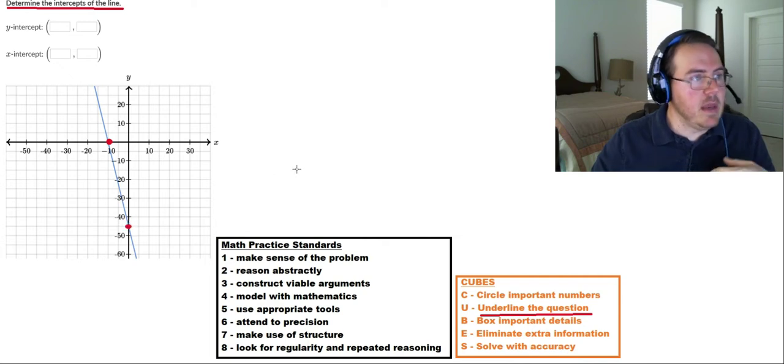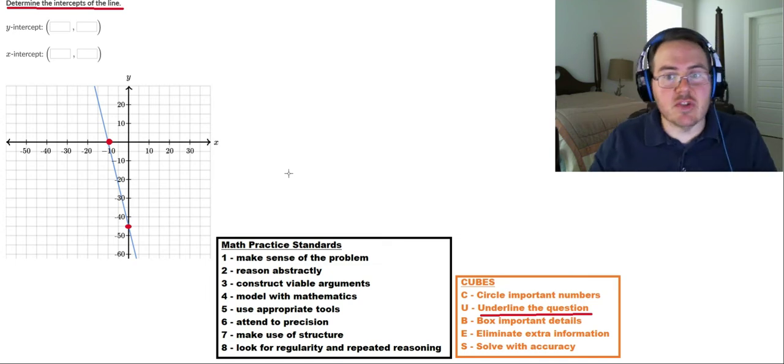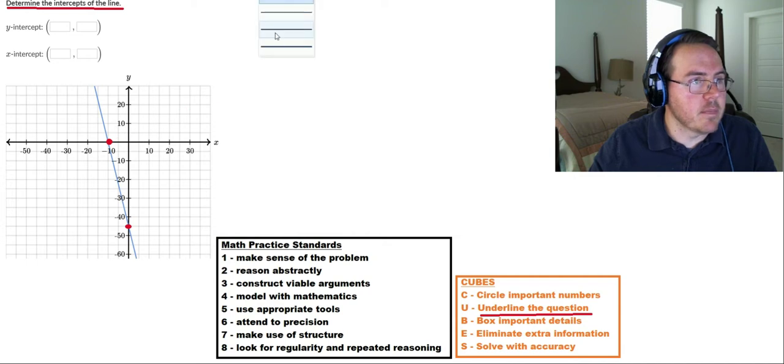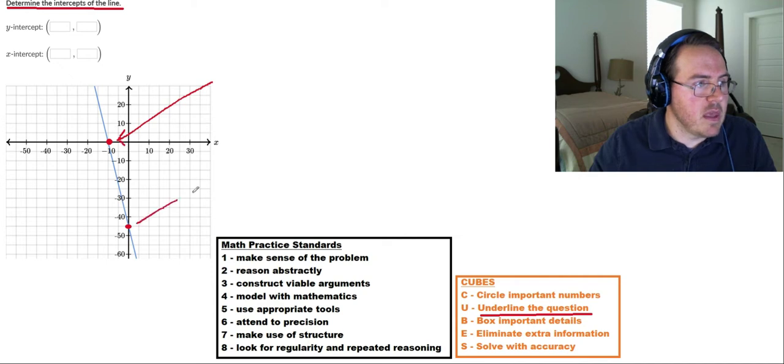Now, based on this lesson, just going from visual, I'm looking at this scale. This is going up by 10, 20, 10, 20, negative 10, negative 20. But there are these lines between, so that must mean these in-between lines are worth 5. So I'm going to say that this guy and this guy, these are my two intercepts.